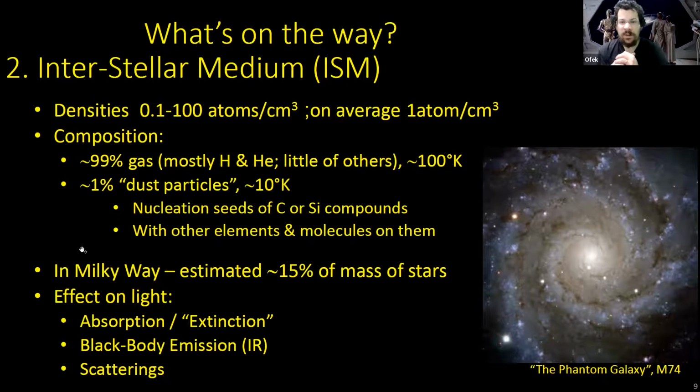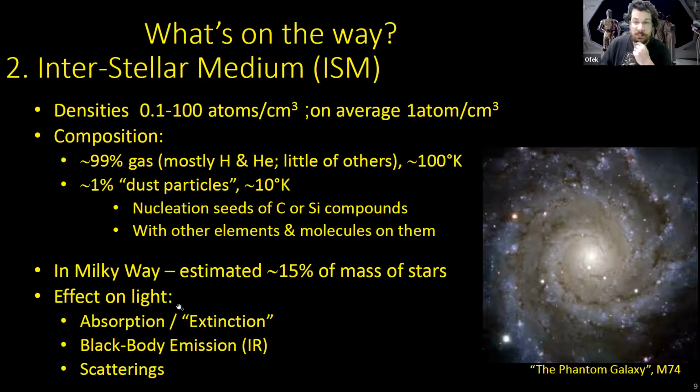So in the Milky Way, this interstellar medium, although it's very, very sparse, is what occupies most of the volume of the galaxy in between the stars. And so even though it's very sparse, there's much more of it. About 15% or 1/6 of the mass of the stars in the galaxy is actually interstellar medium and not stars. So about 1/6 of the baryonic matter, the matter we know from particle physics and chemistry, in the galaxy is interstellar medium.